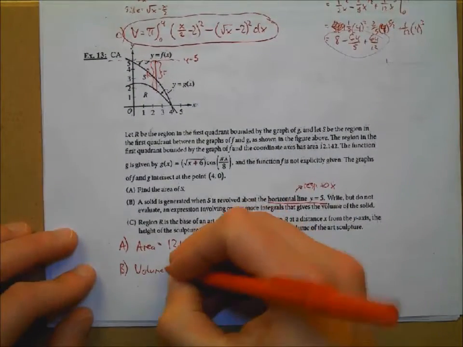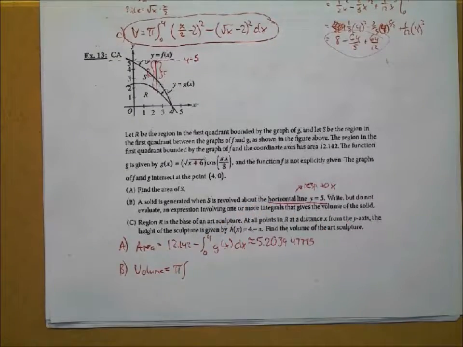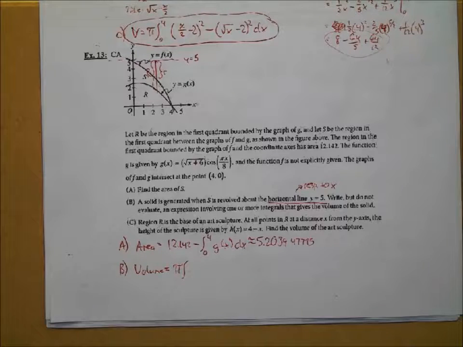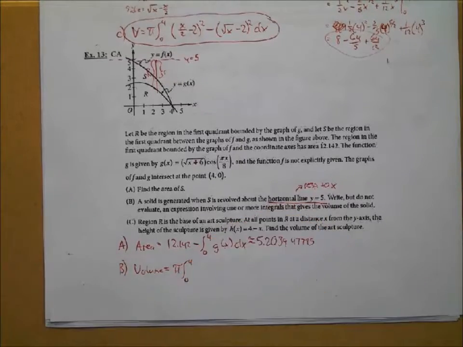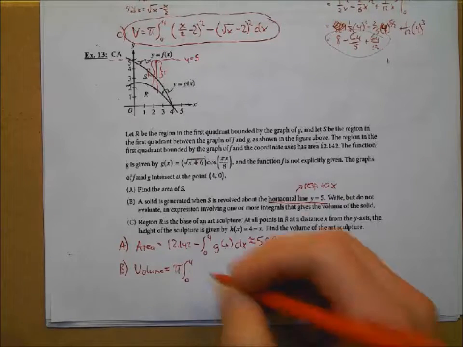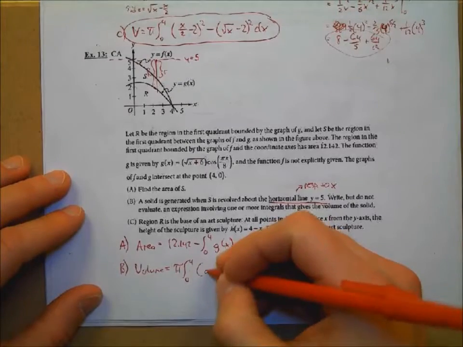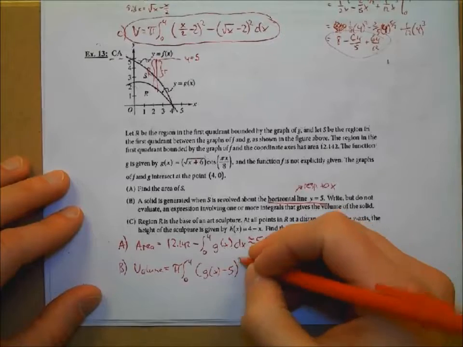So we're going to do pi integral. Don't forget the pi in front, right? We're rotating here. Pi times integral from what to what? What will our limits of integration be? 0 to 4, right? With respect to x. So we're going to keep that from 0 to 4. And then we're going to do our big radius, and the big radius is g of x minus 5, right? So curve minus axis, squared, minus